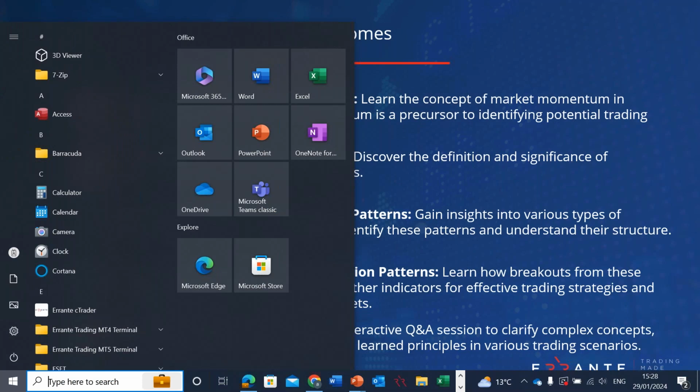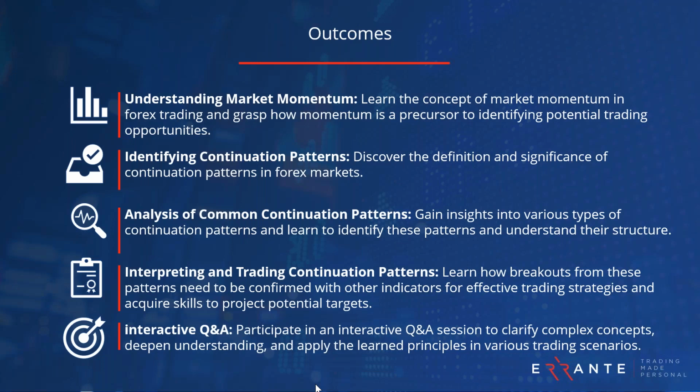Okay, without any further ado, let's just jump into today's content to see what we're going to explore today. As you see here are the outcomes of our webinar. First and foremost, we will explore the concepts of market momentum. This is a key element in Forex trading as it helps us determine the optimal time to enter the market. Understanding market momentum is like having a compass in the vast sea of Forex trading, and it guides us towards